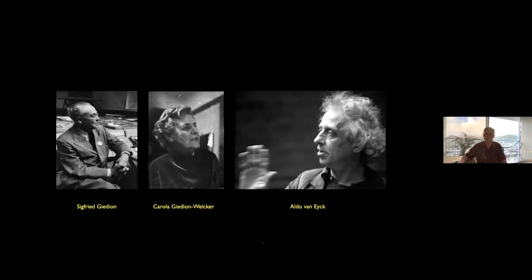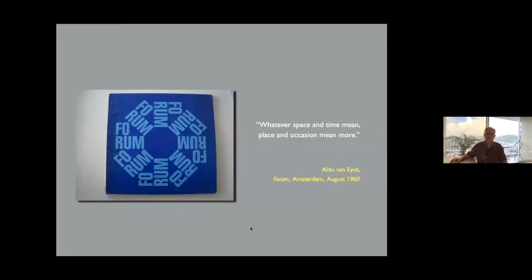And after the Second World War, they argued strongly that modern architecture needed to get with real life and stop talking about these abstract, pseudo-mathematical ideas like space and time and space-time, which had no meaning for regular people. And Van Eyck publishes a very famous article on place and occasion,